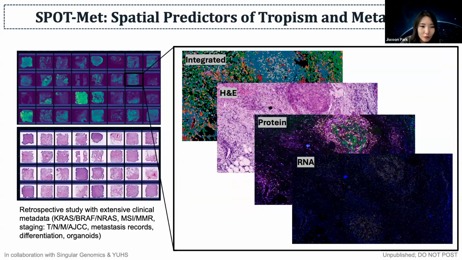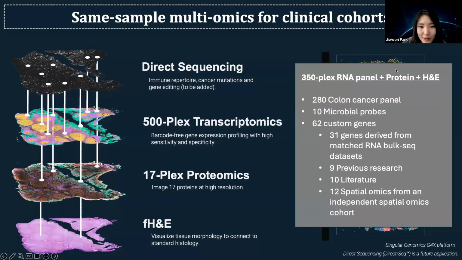We call this project SpotMed, where we really want to understand the spatial predictors of tropism and metastasis, mainly what makes the cells go into the liver when they metastasize, and can we predict it? We're able to generate layered information of H&E, protein, and RNA, all in the same sample, typically 1 by 1 centimeter square per sample. So we specifically built